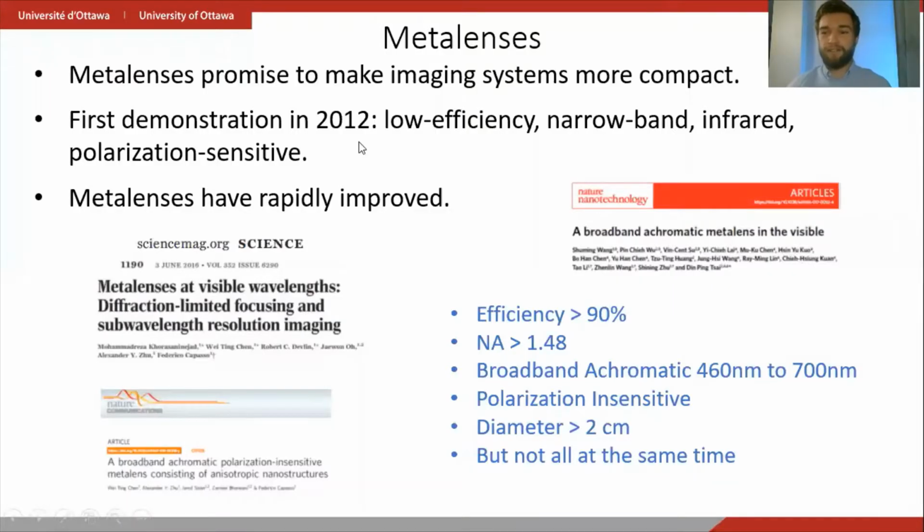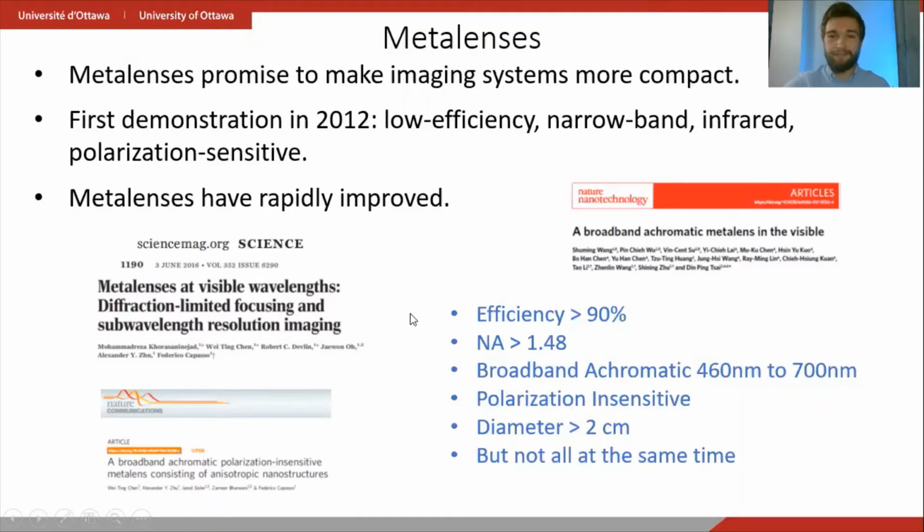So when you think of compressing an optical system, you can think of metalenses. When they were first demonstrated in 2012, they were low efficiency, narrowband in the infrared, and polarization sensitive. Since then, they've rapidly improved such that individual metalenses can achieve efficiencies of greater than 90%, NA greater than 1.48. Some are broadband in the visible, polarization insensitive, or have diameters greater than 2 centimeters. However, there's no individual metalens that can achieve all of the above, which are all important aspects of a lens